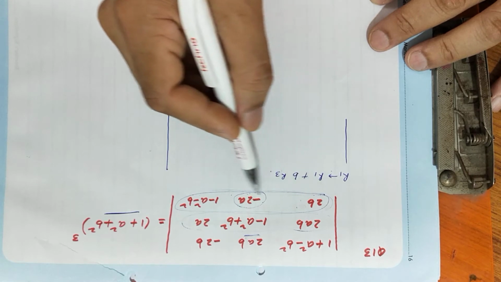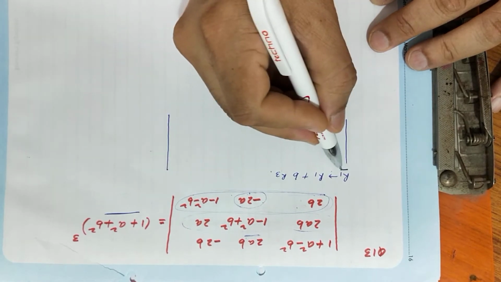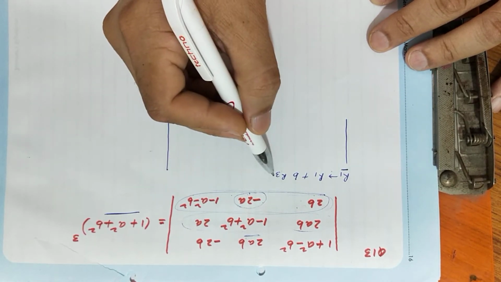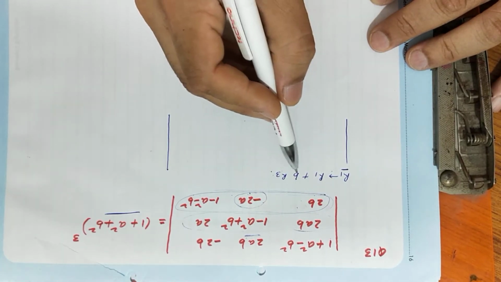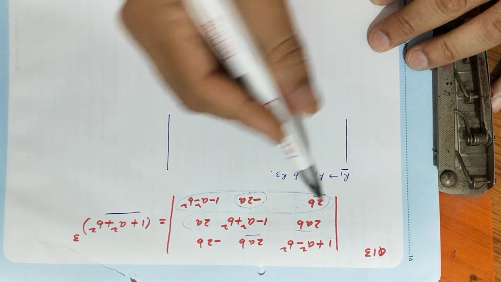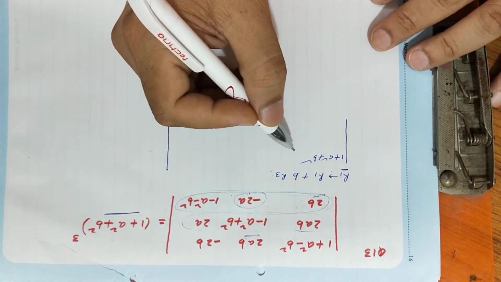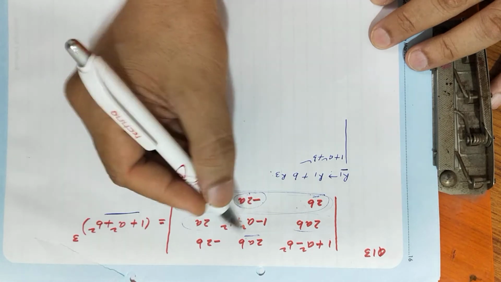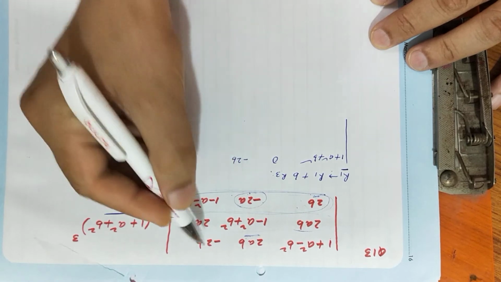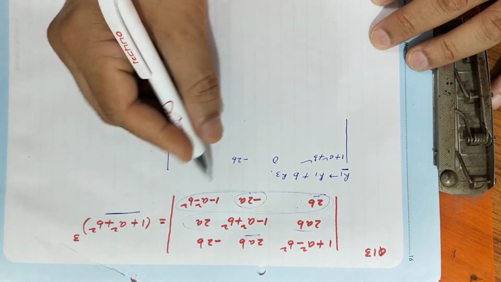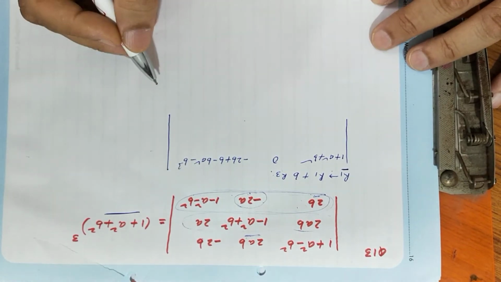It means we are multiplying this R3 by b and adding it to R1. Now there is a change in R1. What would be the change in R1 after applying this operation? 1 + a² − b² + 2b². It becomes 2b², so add these two, you will get 1 + a² + b². Okay, there is a change in R1. What will you get here? You will get 0, and here −2b + b − b² − b³.